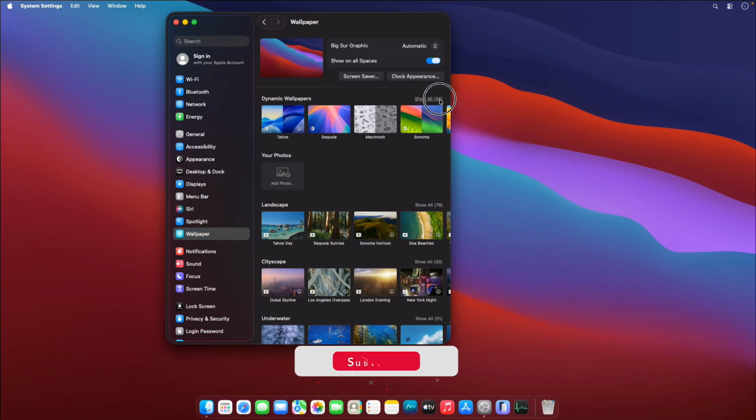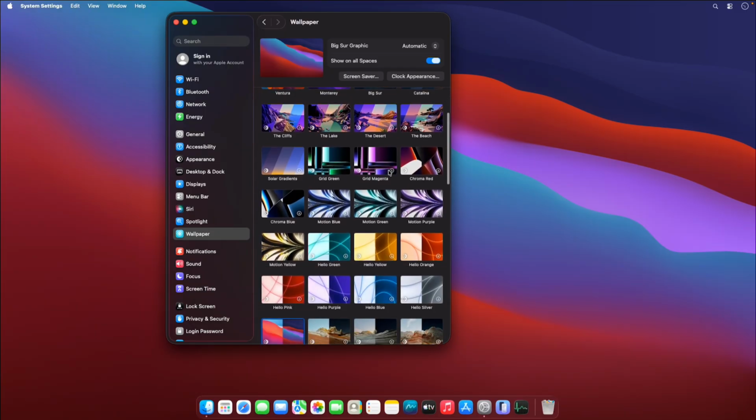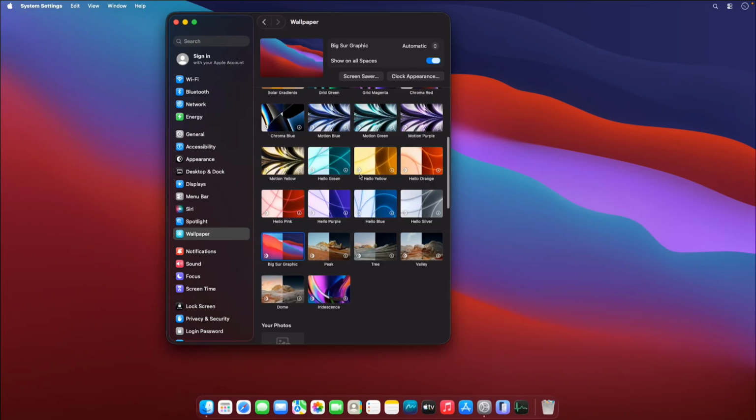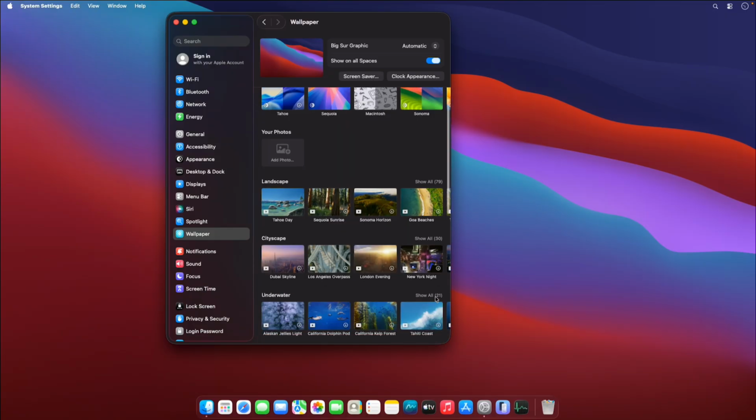There are multiple dynamic wallpapers that will change according to the time of the day, and also there are some other wallpapers that have been added, like these 3D wallpapers. And if you are not into dynamic wallpapers, there are also some static wallpapers like landscape, cityscape, all these wallpapers